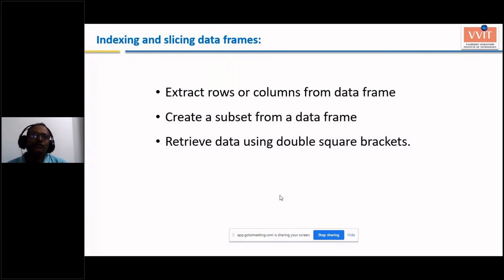You want to delete some rows and you want to add some rows or columns. So in order to do that, we need to work on your data set. That's why the name itself is saying indexing and slicing data frames. Slicing means you are cutting down some of the rows if you don't want them, or you are adding some columns like that. So that is the main aim of these operations on your data frames.